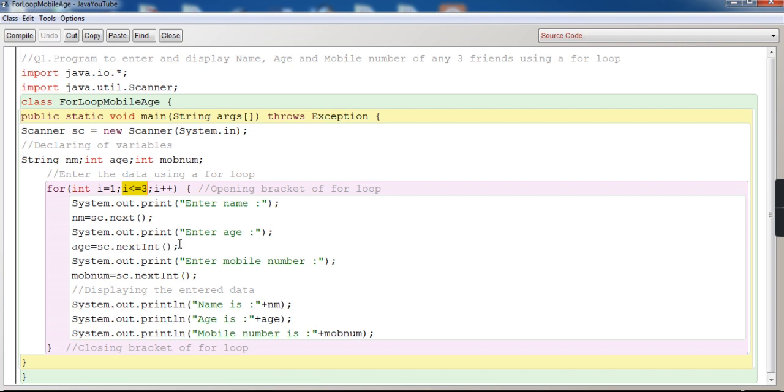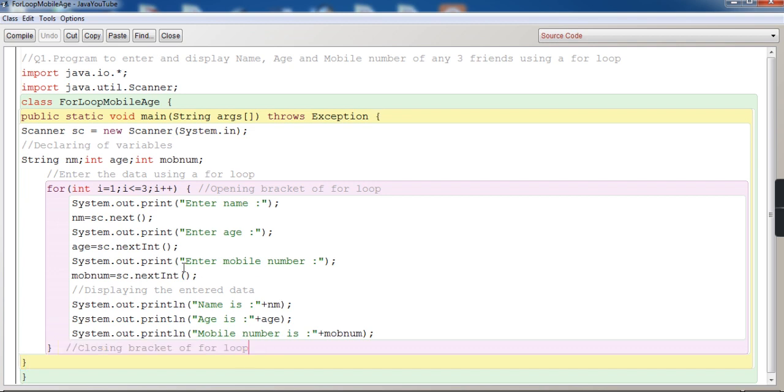So I is 4, 4 is less than 3, false. As it is false, it will not enter the body of the loop, it will come to the closing curly bracket, and it will come out of the loop. The program is going to terminate. The loop is going to terminate, and by that time the loop has moved for 3 times. It has done a circulation for 3 times. So it will stop.